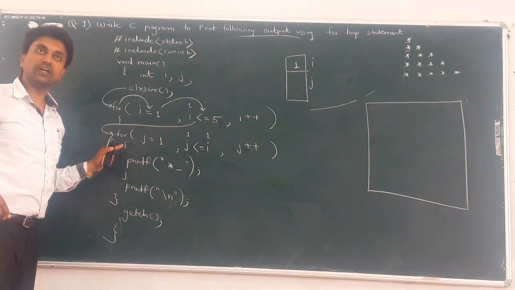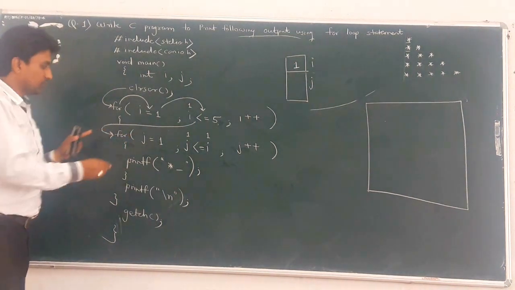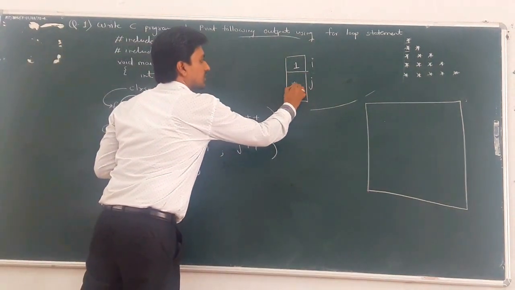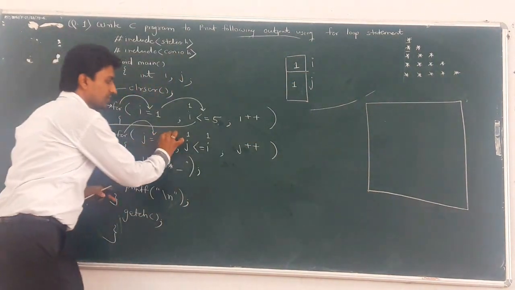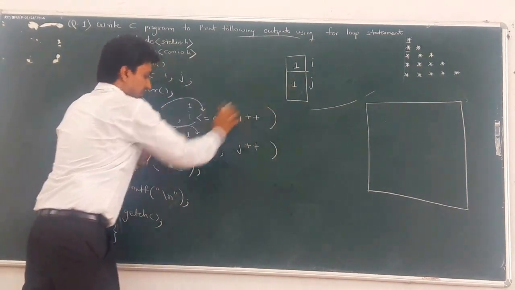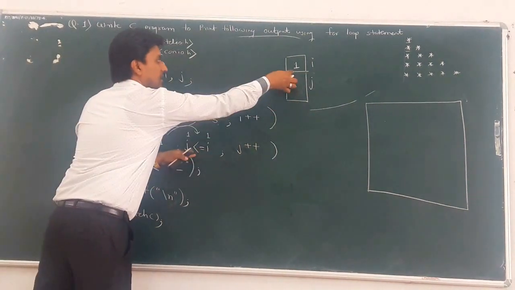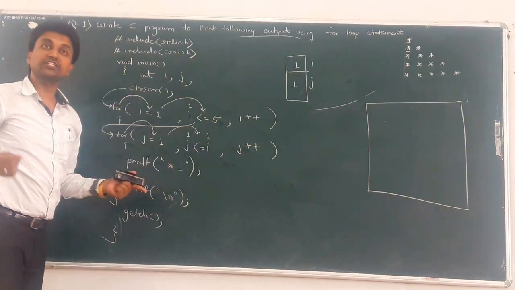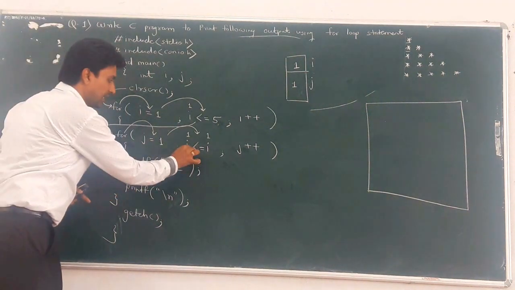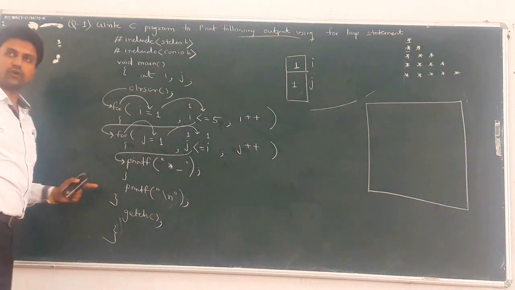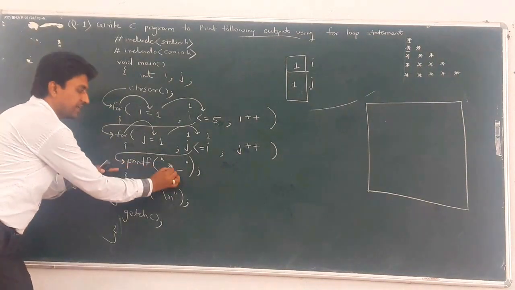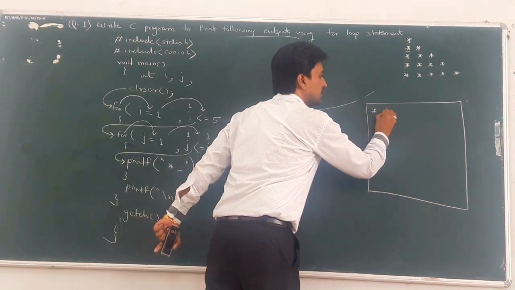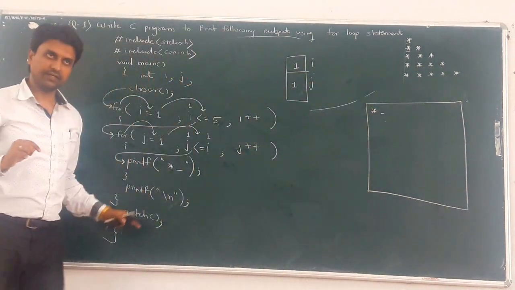In the body of the for loop, again an inner for loop is there. So what is the execution flow? First initialization, so j becomes 1. j is initialized to 1. Now the current value of j is 1, the current value of i is 1. i less than or equal to, 1 less than or equal to 1, condition true. That means entry to the body of the for loop. So what to print? printf star space. So the first star and space get printed on the first line.